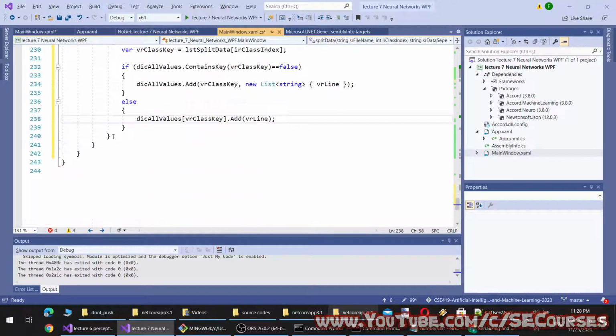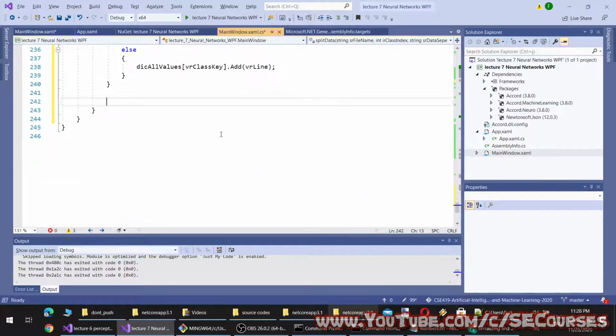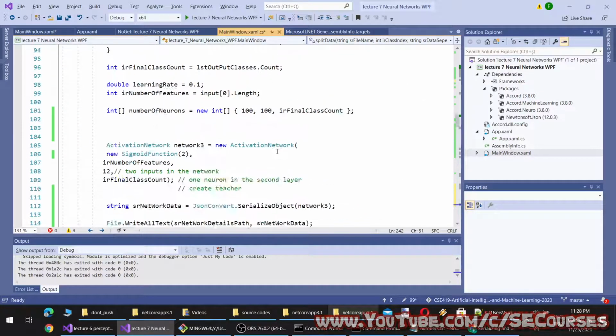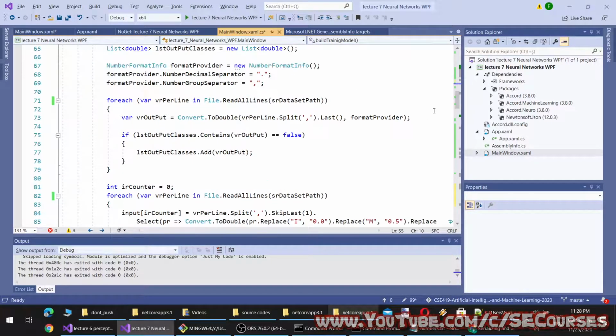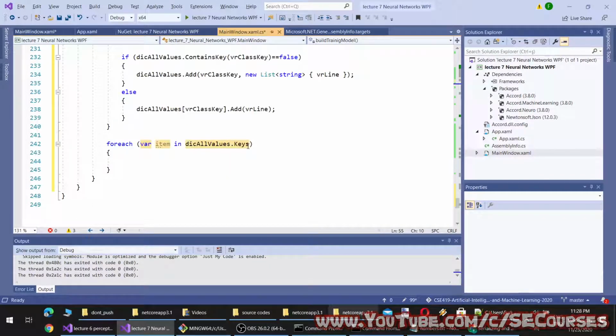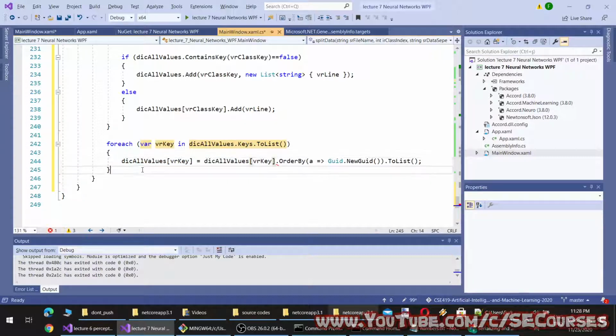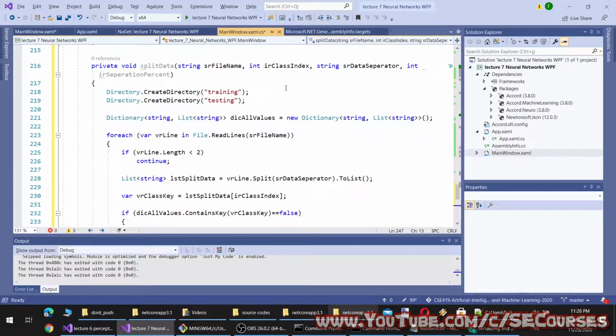All right, so then we will shuffle the data like this. There we are shuffling it. And we will get the top percent of each class.